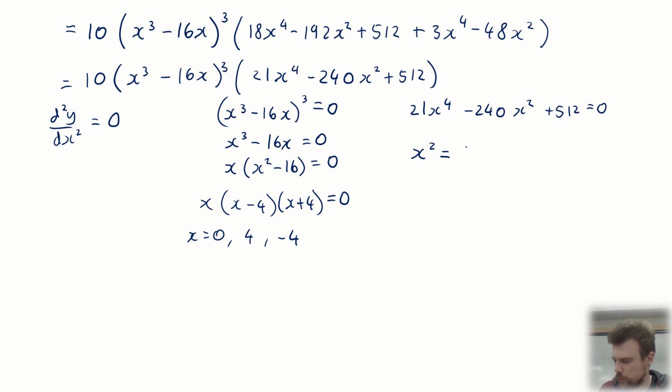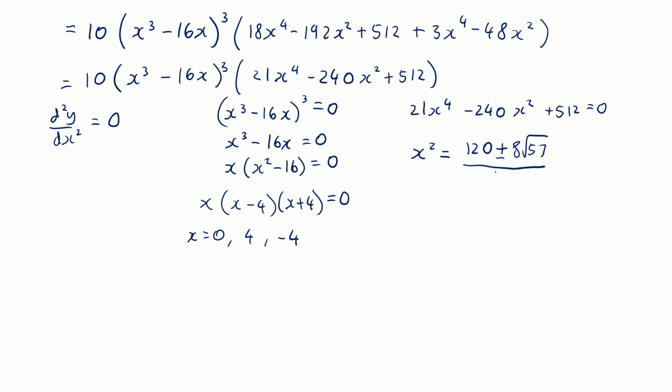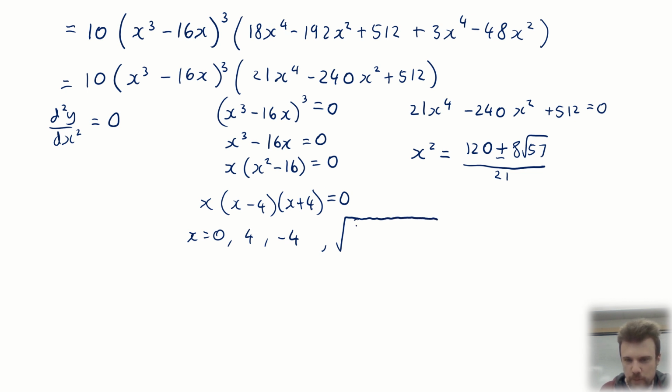This is x squared will equal 120 plus or minus 8 lots of root 57, all over 21. So there you go, we've got a quadratic, and if we can square root that to get what x is also equal to, x is either equal to the square root... can we square root them? I don't think they're going to square root nicely, but we should check. We've got the calculator, why not? Shock horror, they do not square root nicely, or at least the calculator just can't do it for me. So we'll just write it